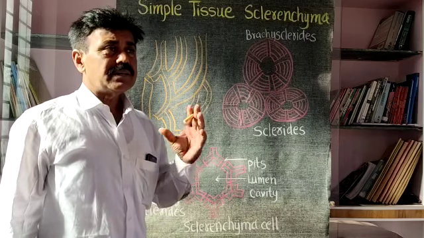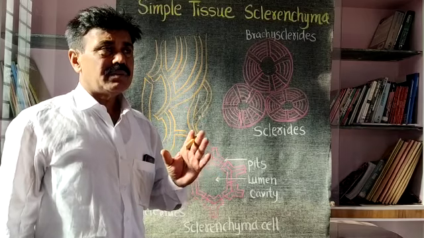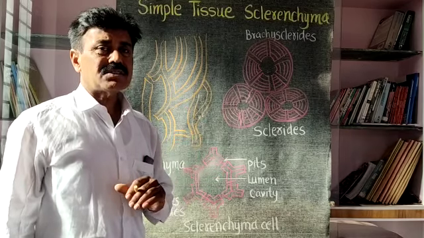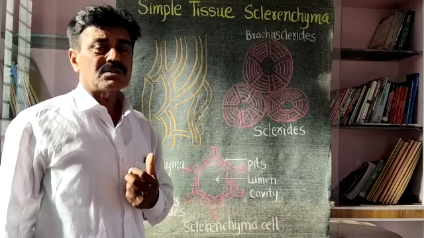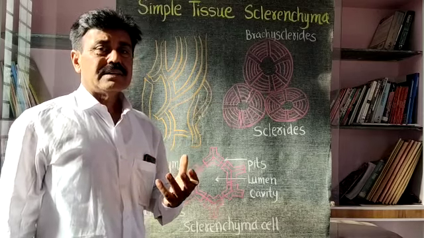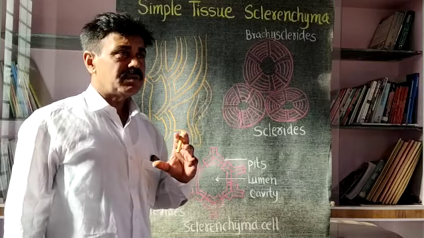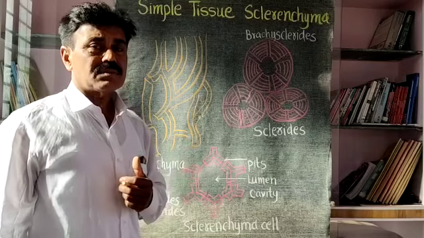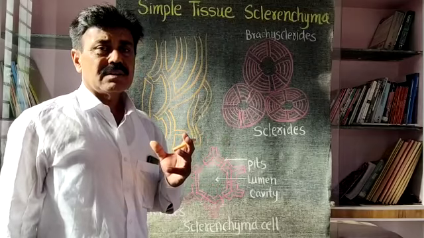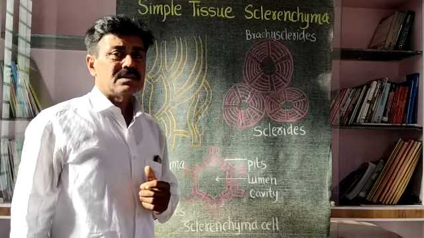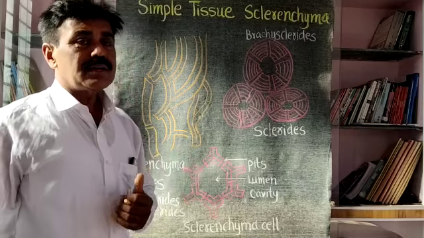That means the stem, root, and sometimes large leaves remain hard, erect and stout. In case of fruit, sometimes the fruit coats are very hard. Seed coats are very hard, and the pulp is there. The fruits remain spherical, that is, the shape structure is maintained, only due to the sclerenchyma cells, because they give mechanical support in the plant body.